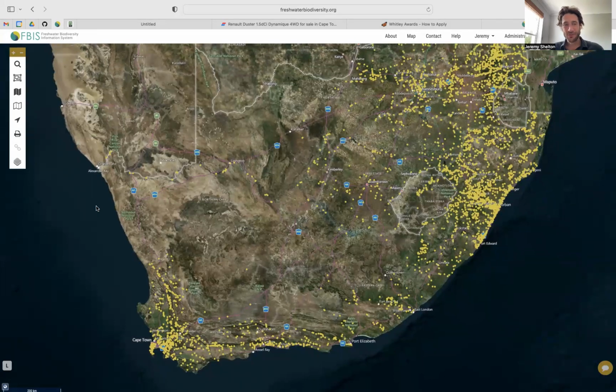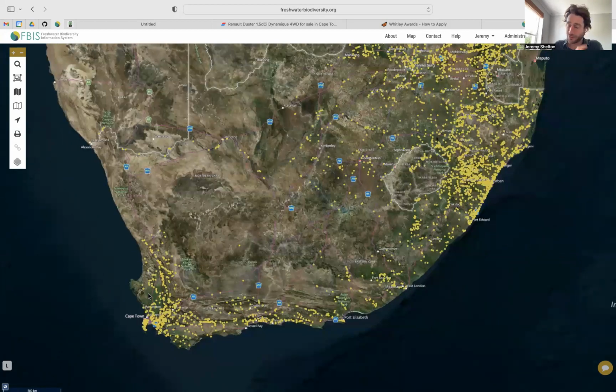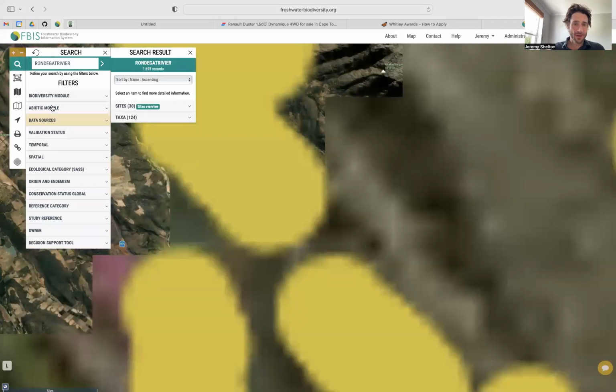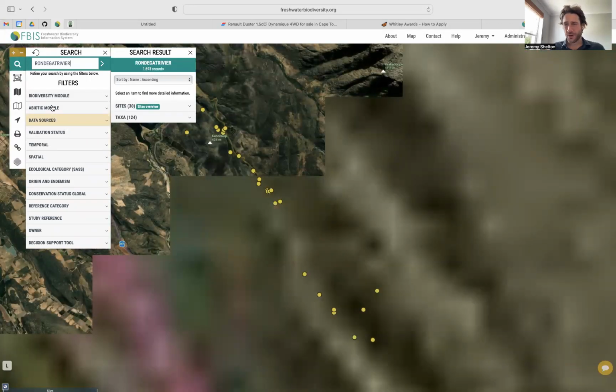All right. So today we'll use a case study of the Rondegat River. It's a river system in the Western Cape where there's been quite a lot of conservation attention and scientific monitoring around freshwater fishes. So we'll use the search bar here to search for the river name. And just a reminder, in the search bar, you can search for site code or for a taxon or for a river name. And you can see the Rondegat River comes up, and that'll take us straight to the Rondegat